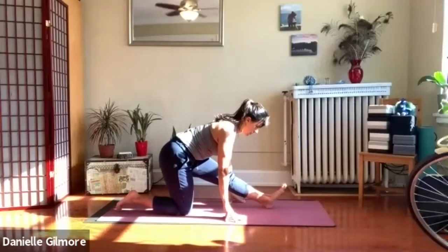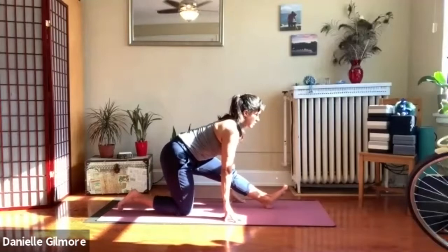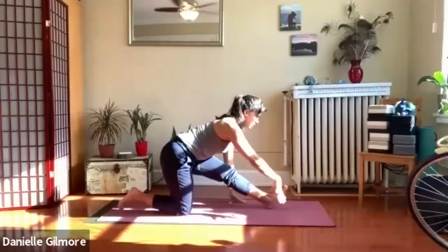Okay, instead of thinking of nose towards your knee, you can think about arching up through your back a little bit. You might get a little bit different stretch to the back of the hamstring. Okay, you can think about really arching. Good. And then again, you're welcome to stay here, or you can choose to bring your hands to the outside